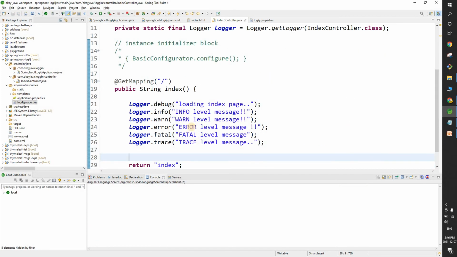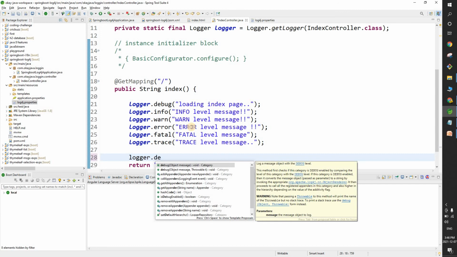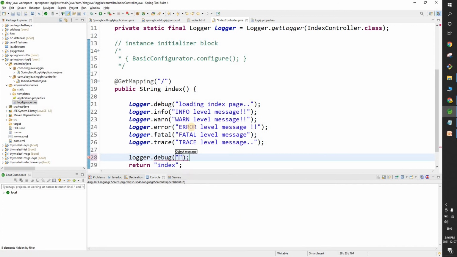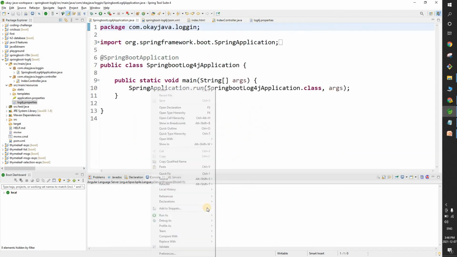Here I'll also add one more logger dot debug, saying exit of index function. Okay, so let's go and restart our application.